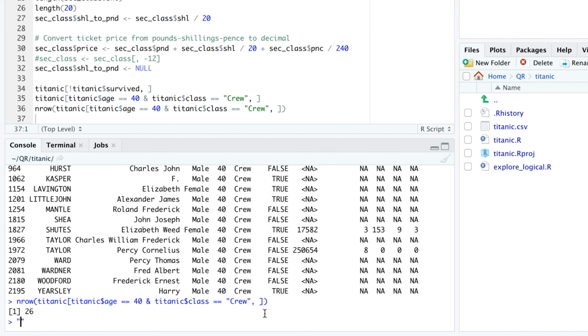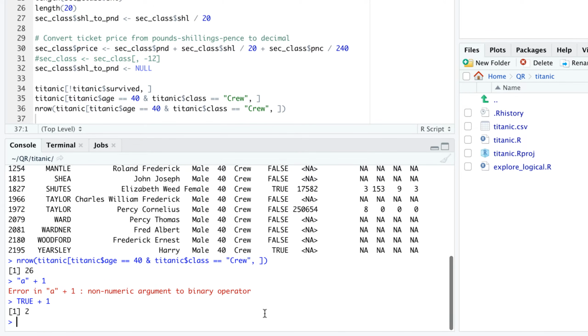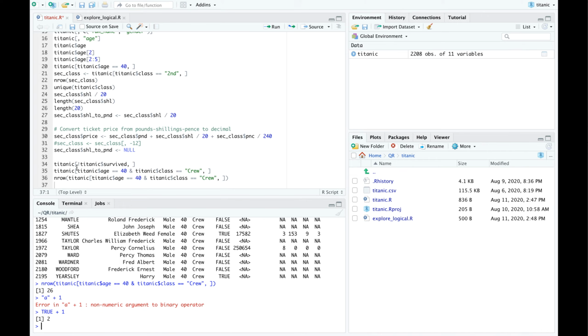We noticed in tutorial 2 that we can't use character objects in arithmetic operations. But interestingly, we can use logical vectors in arithmetic operations without causing an error. R applies the following rules when it encounters a logical value in an arithmetic operation. TRUE gets converted to 1 and FALSE becomes 0. In programming, this silent conversion from one data type, here logical, to another, here numeric, is called type coercion.